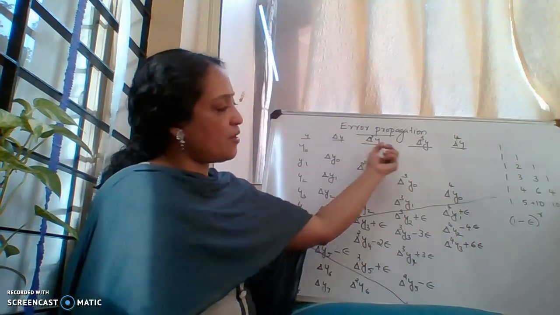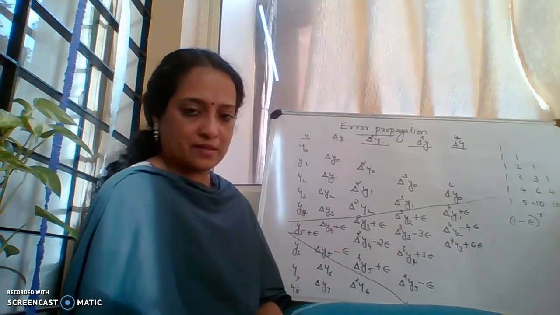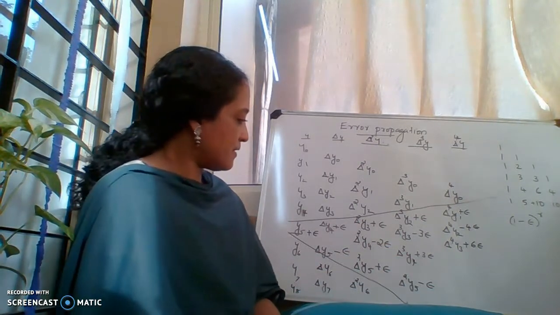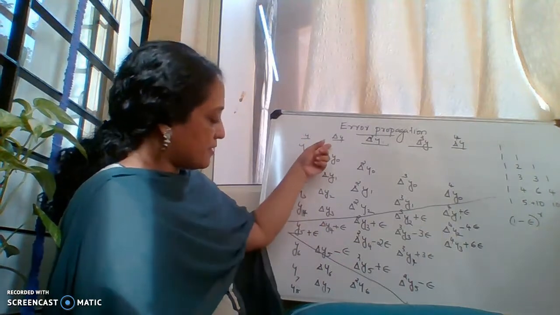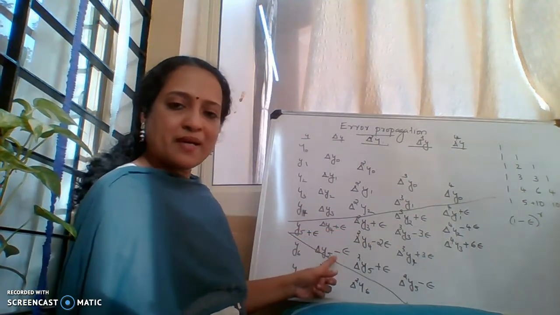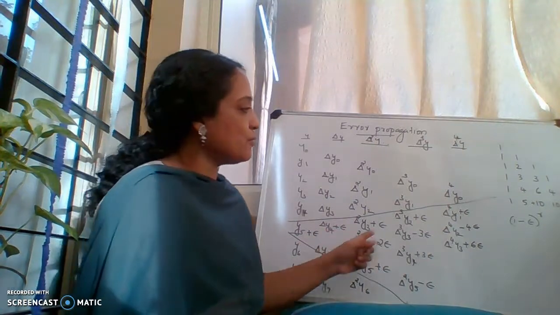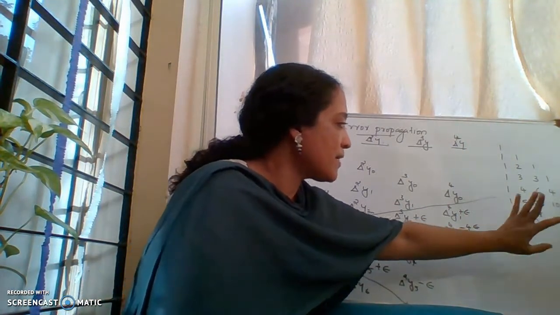So, as the order of the difference increases, the error also increases. And we can see that in the first differences, that is del y values, the coefficients are +1 and -1. This is similar to the binomial coefficients of the binomial expansion of 1 minus epsilon raised to